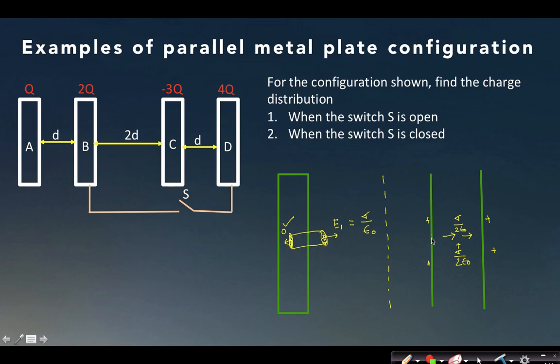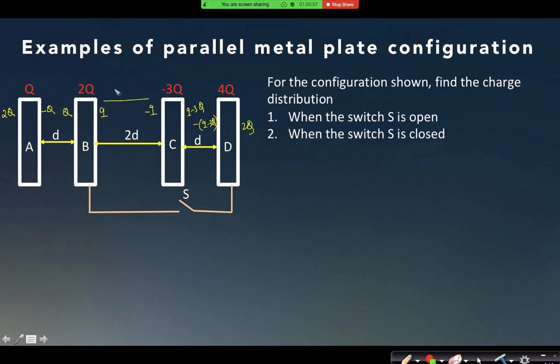But here I'm not sure what the electric field is at this point, or at this point, or at this point. Basically, I am not sure what the electric field is at any of the points. In that case, I have to definitely use the superposition principle to find the net electric field. So when you are sure about the electric field at any one point, you can directly use Gauss law, without any superposition principle. But if you do not know, then you have to use the superposition principle. That is the answer to this question.